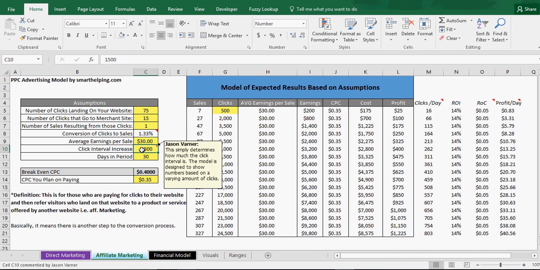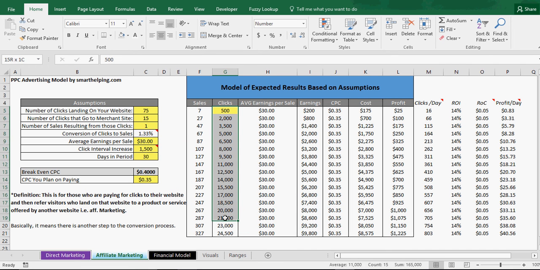Then we have the click interval increase, which is just driving your click scale, and then days and periods at 30 to drive the profit per day. So in this scenario, our break-even is 40 cents. So we can't spend more than 40 cents a click based on these conversions, or else we're going to lose money. So at 35 cents,